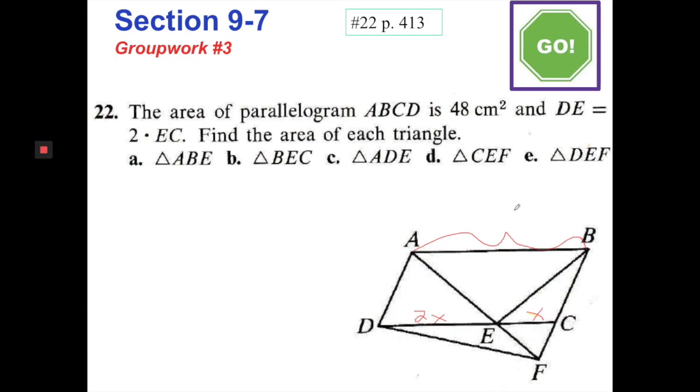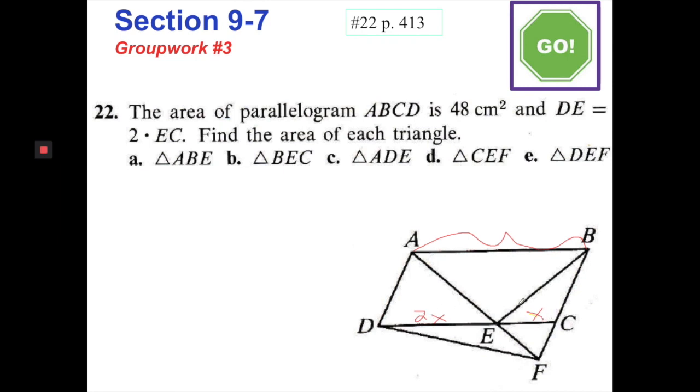Okay, what I'm looking at here, we have parallelogram ABCD. So I gave myself these variables here. DE is twice as long as EC, so I made this 2x because that's twice as large as x. So I'm just assigning a variable. Let the length of EC be represented as x, and let the length of DE be 2x because it's twice as long